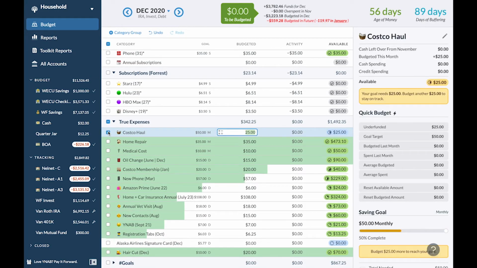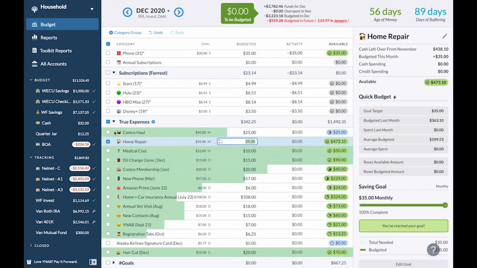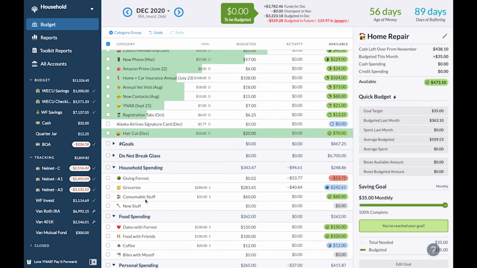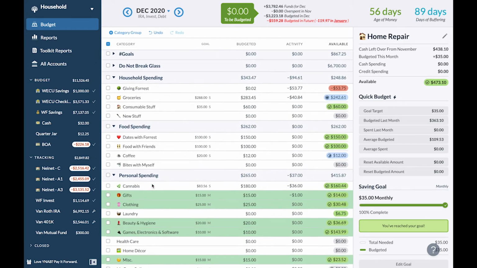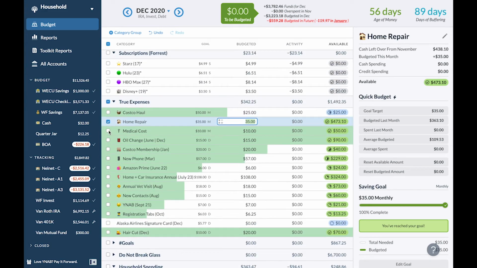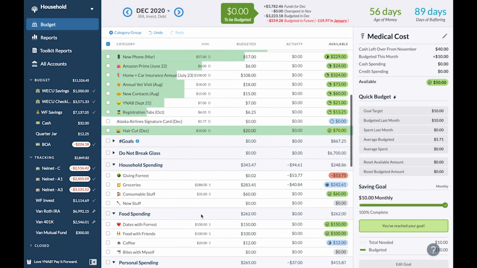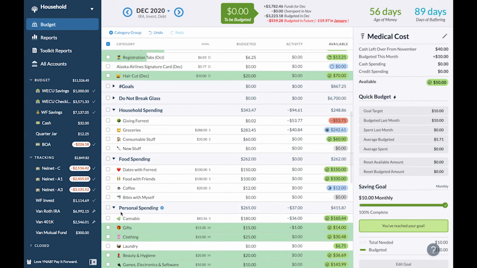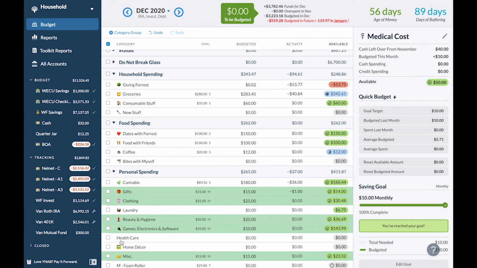When I spend from that category, it's either going to go into groceries or whatever other crap I want from Costco, like clothes, maybe gifts, decoration, new house stuff, consumable house stuff, that kind of thing. Home repair, I'm never going to spend out of this category. This would go into household or personal spending, medical cost. I haven't even spent out of this ever, but it would go into personal and maybe under healthcare here.